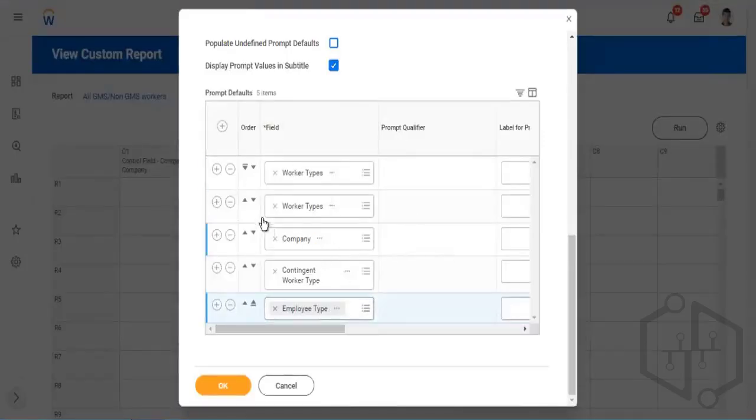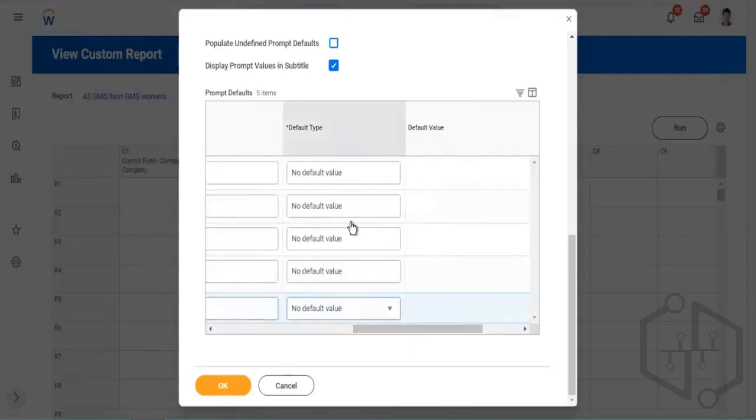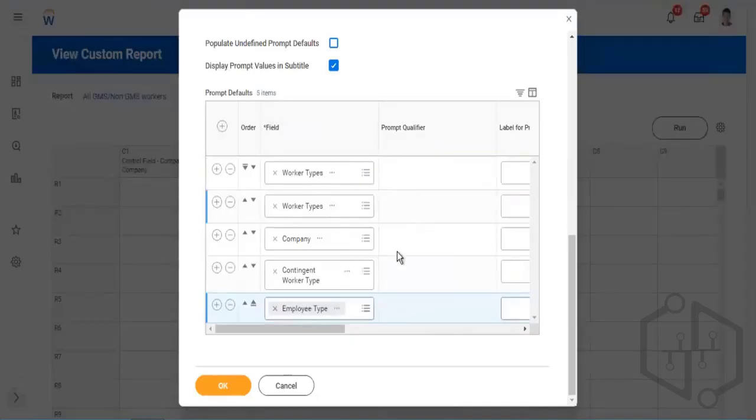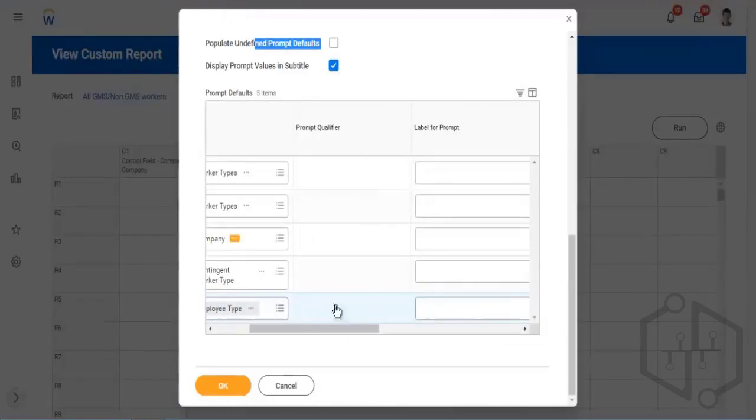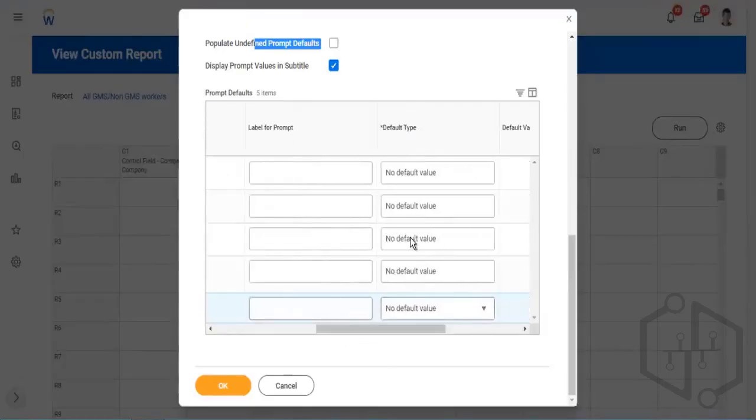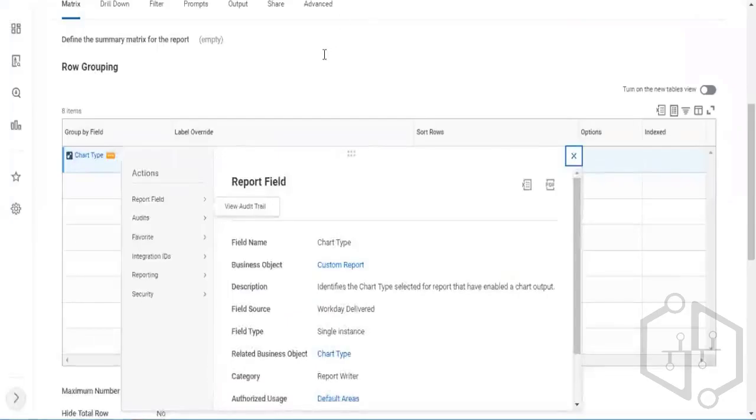one of these parameters is actually coming from the prompt set that we selected. The other parameter is coming from this data source company. So that's why you see two different options. I can specify a default value. So this is how I can pass parameters to multiple reports using a prompt set. Obviously, we don't need company because we are passing different parameters for company. So if I go to that report type prompt set,